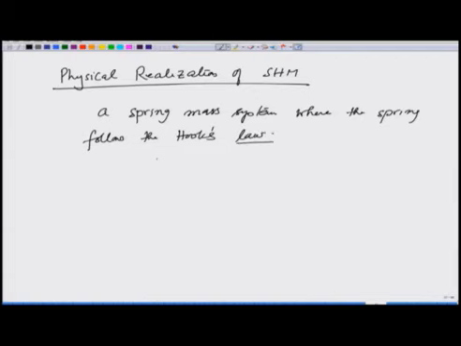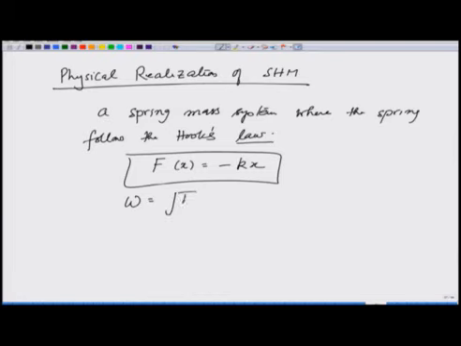All right, that means force F(x) is equal to minus kx. In that case, the frequency omega of oscillation is given by square root of k by m, and the general displacement x(t) is a cosine of square root of k over m t plus b sine of square root of k over